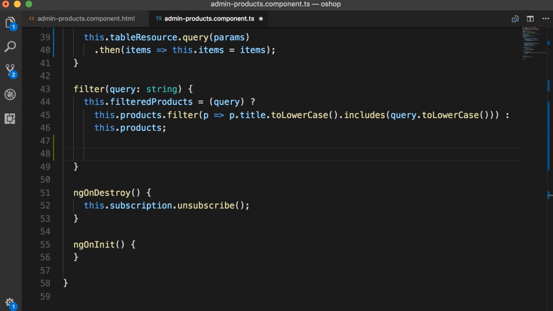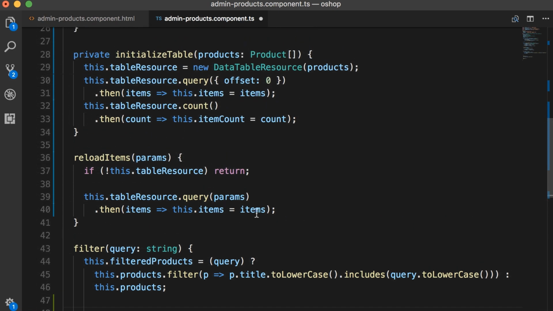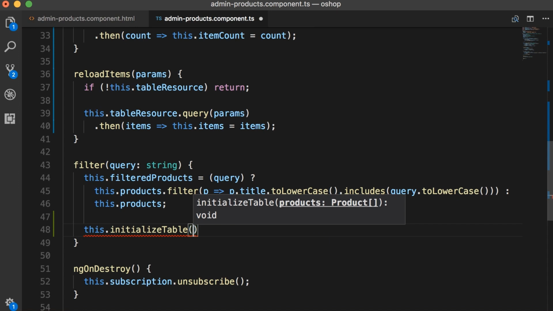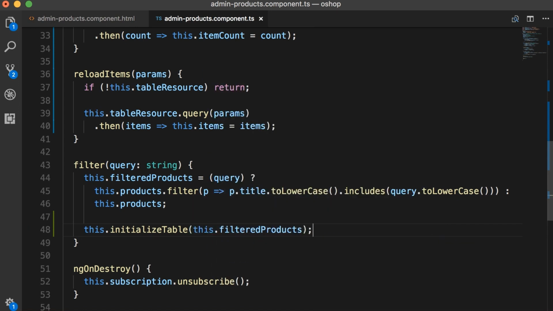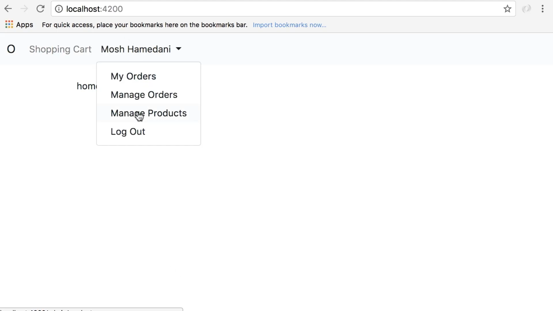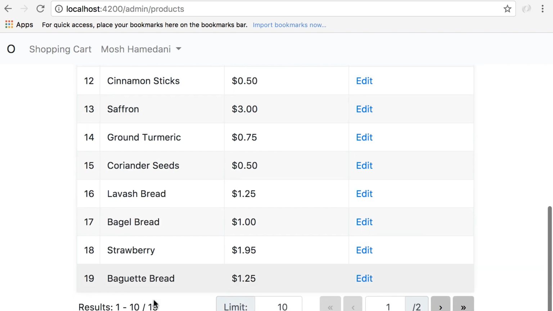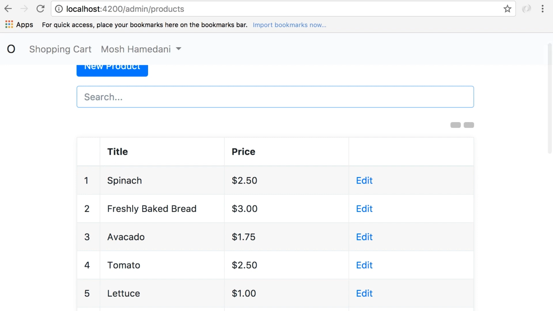So we can simply reuse this method that we defined earlier, that is initialize table. So here in the filter method, we call this.initializeTable and give it this.filteredProducts. Let's test the application. So here, initially we have 19 records. Now, if I search for bread, we